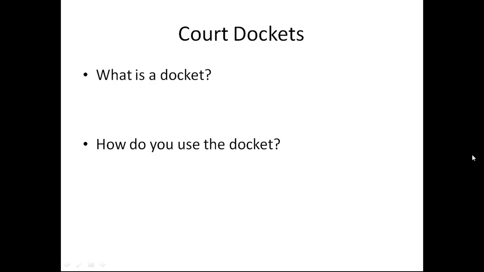So next, how do you use the docket? Well, you use that like a map. So anytime an important event happens in that case, or even an event that's not important, so maybe just a pro se person writes a letter, but it doesn't really say anything other than I'm upset about this, I'm emotional, they'll still get listed. So every piece of paper that's coming in that case, as soon as it comes in, will get listed on the docket. The way you use that is to, first off, just check the status of a case,